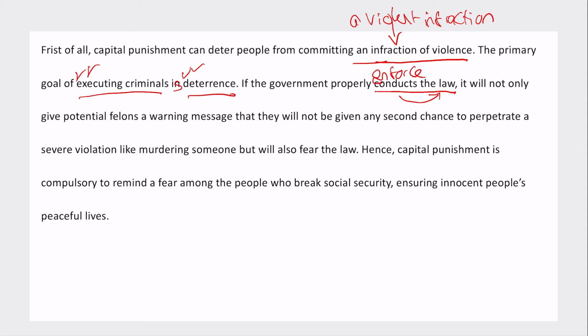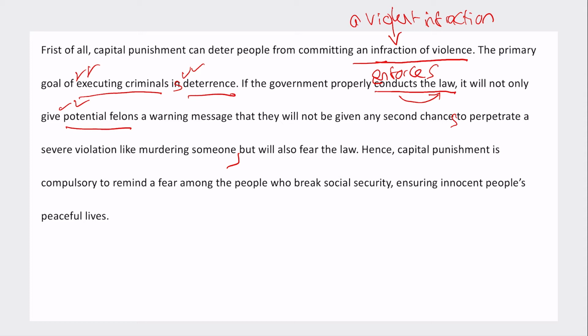Okay, so you enforce a rule, you enforce the law, which makes it that you're sure it's being carried out in the correct way. So if the government properly enforces the law, it will not only give potential felons, also nice vocabulary, a warning message that they will not be given any second chances to perpetuate a severe violation like murdering someone, we need a comma, but will also fear the law. Because,